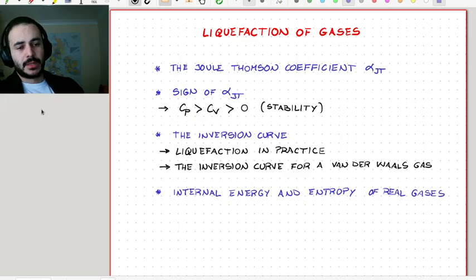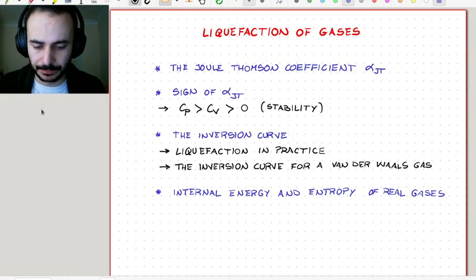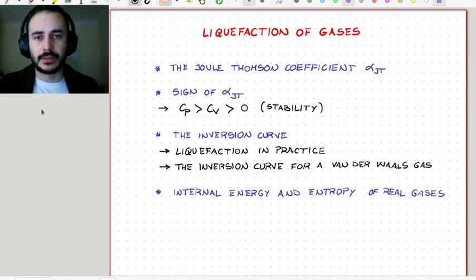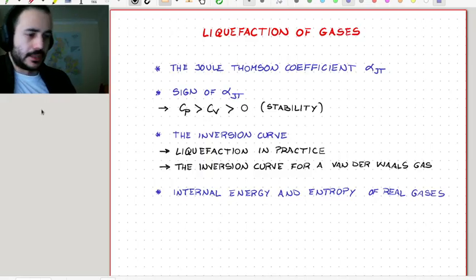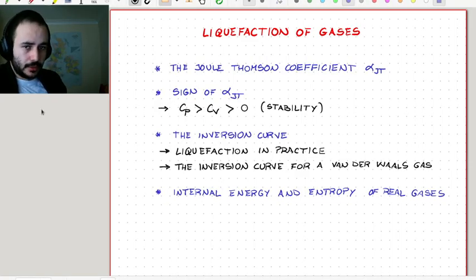Okay, so we are going to connect directly with the end of the previous lecture. That was the historical experiment that Joule did based on theory by William Thomson, and this was the porous plug experiment. So from that experiment, or from that setup, we're going to define a new thermodynamic coefficient, that is the Joule-Thomson coefficient, and this alpha JT that I have there in the summary,